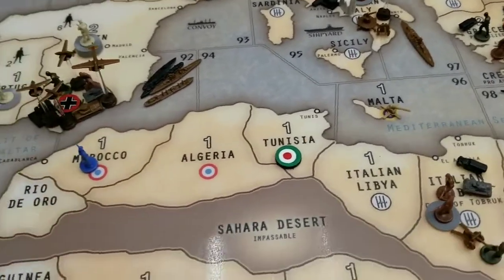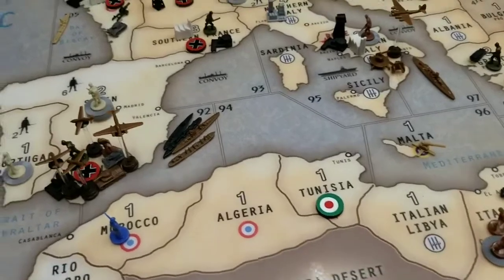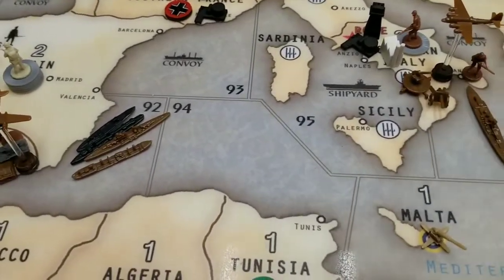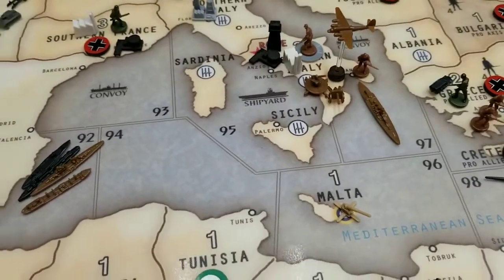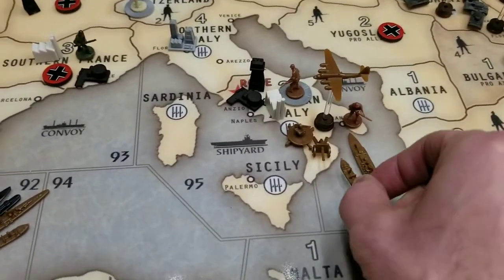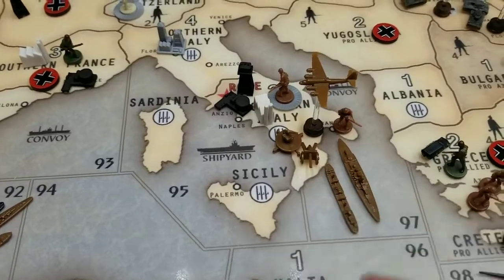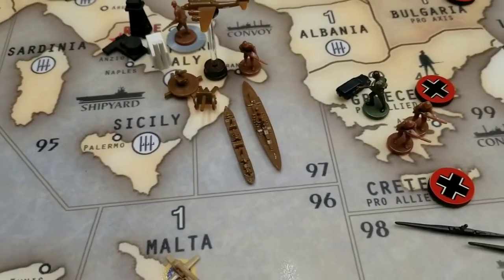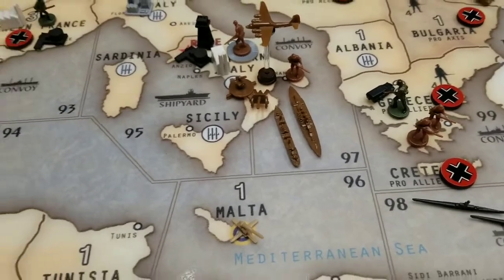Okay, so place my units. I'm going to place my guy I'm building here on southern Italy. Transport's going to also be built in the southern Italy factory. It's going to come out right next to that battleship there. And then